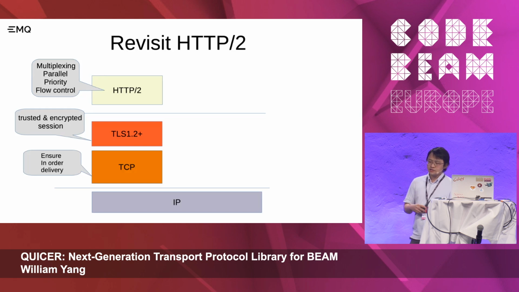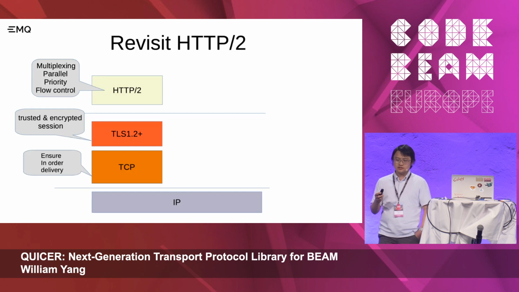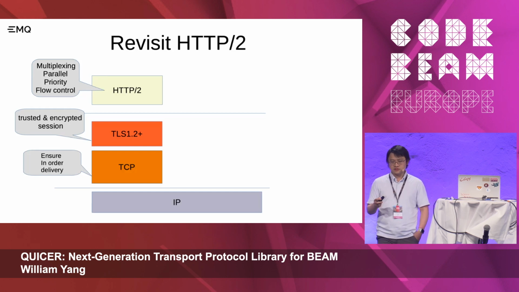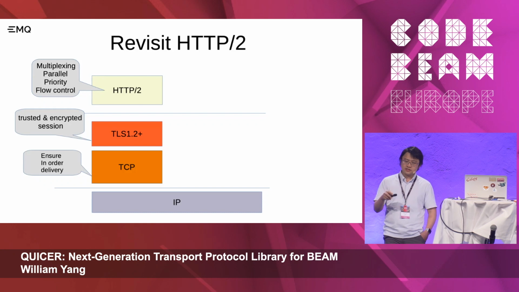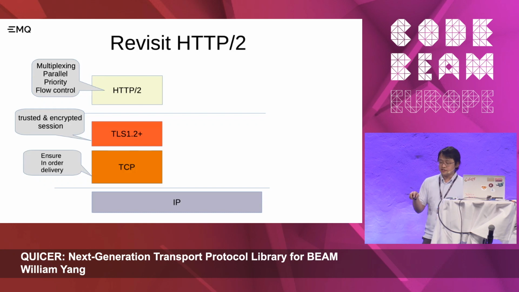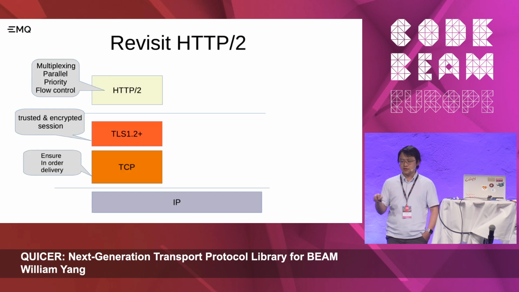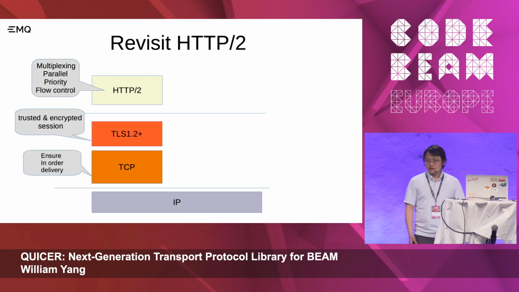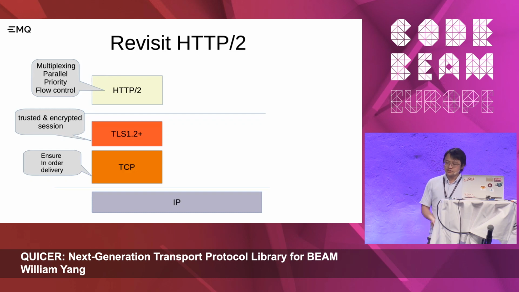Also, it provides priorities. So when you open a web page, some pictures have higher priority because they are in-screen images, and it can deprioritize some images which are off-screen, such as when you scroll down, the image will show up. Flow control is another consequence of providing